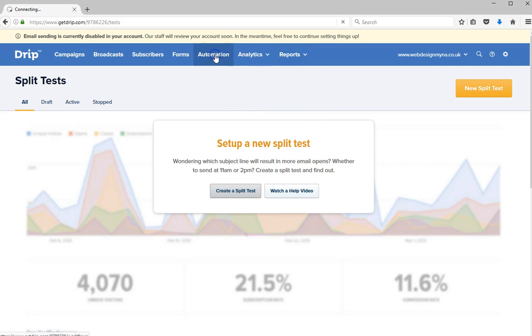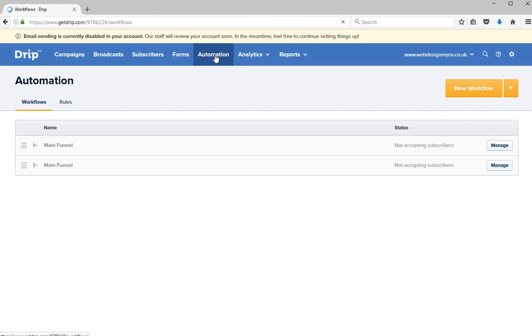And so we'll finally skip back to automation, because I know this is a popular part of Drip and why a lot of people do sign up. So this is where you can set up various workflow automations and rules to make things happen automatically with your list. If someone clicks a link in your email, you can tag them with a particular tag so that they get segmented into the right group. You can send automatic campaigns because someone's clicked a link. Perhaps you've sent an email with 4 or 5 links and you want each link to make a certain action happen. So if they click the first link, they're really interested in product 1, so you send them a specific campaign. If they click the second link and third link, they're interested in a different product, so you send them